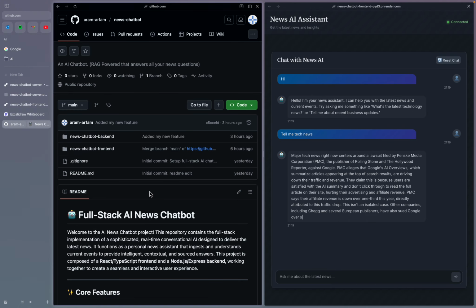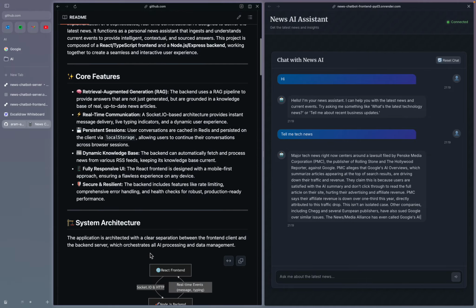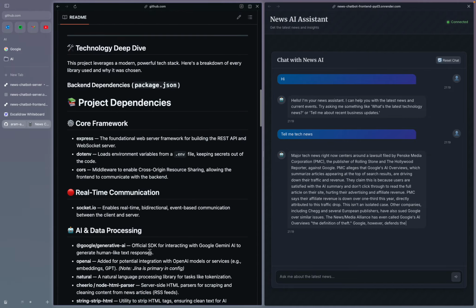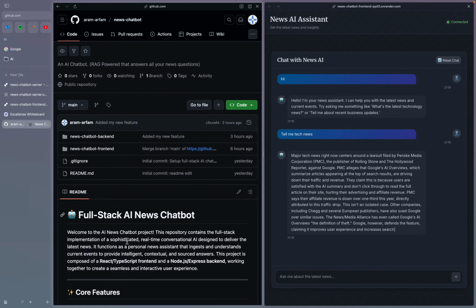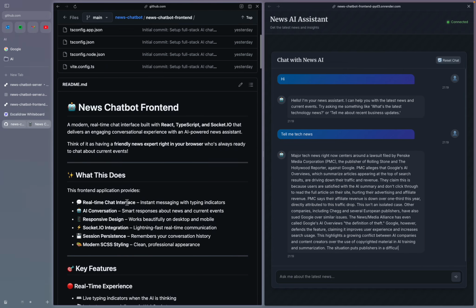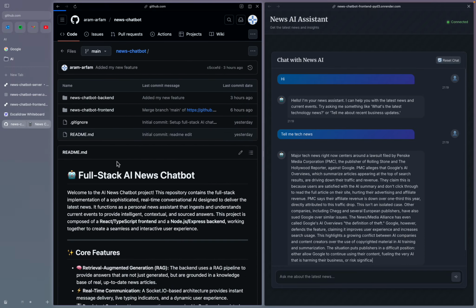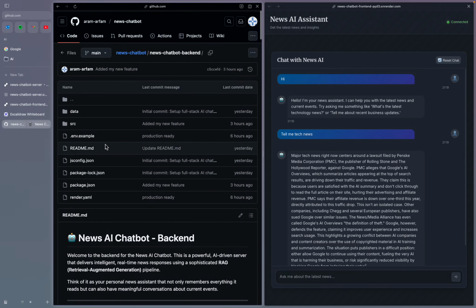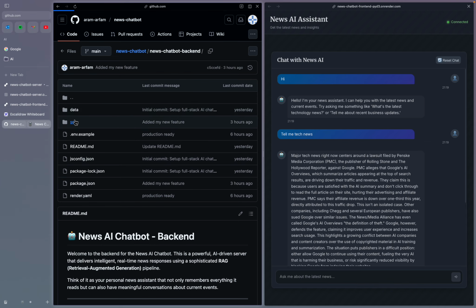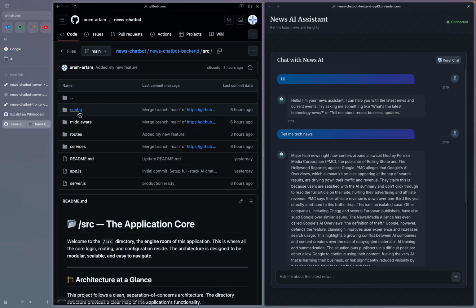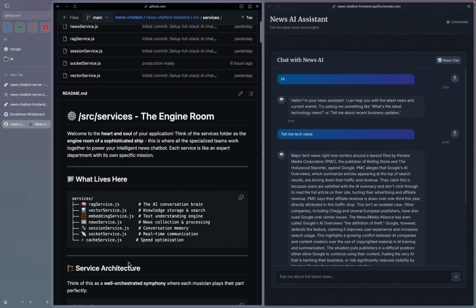a GitHub repo as well, I've created with a very beautiful README. So on each step, the user can go through this and know everything about our project, our front end part, our back end part. Each service has its own README, making it very user friendly. So in services, each file